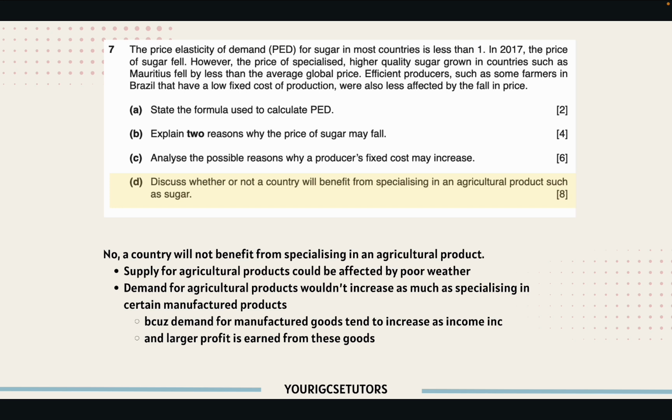So, some reasons for why the country may not benefit from specializing in agricultural products could be that agricultural goods tend to be affected by poor weather, which then negatively affects the supply of such goods. Furthermore, specializing in agricultural production may increase its supply, but it doesn't mean that the demand for it will increase as income increases. Only the demand for manufactured goods will tend to increase when this happens,